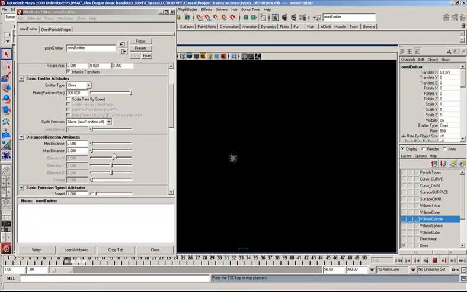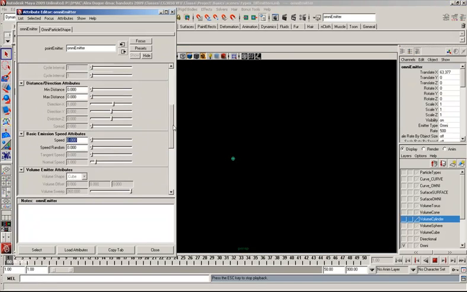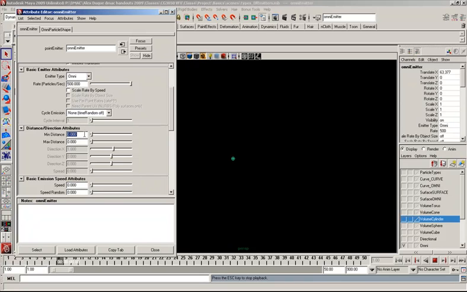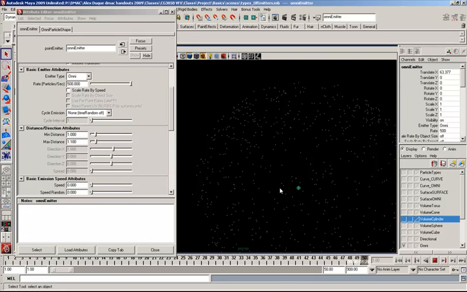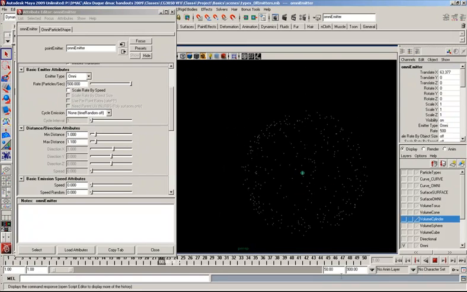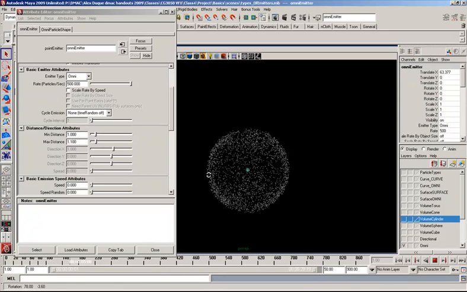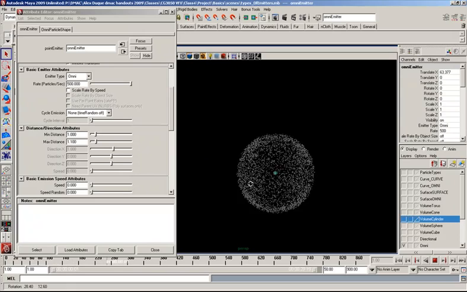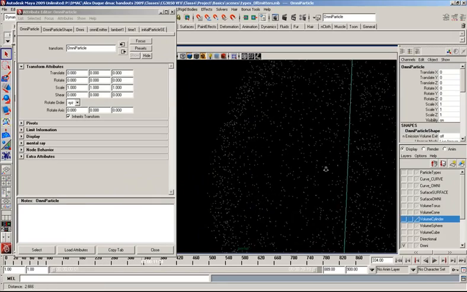But with this guy, if you change the speed back to 0, and you change the minimum distance to, let's say, 1, and the maximum distance to 1.1, then it's emitting 500 particles within that range. So if I increase this range a little bit more, it's making sort of like a little sphere of particles. And all of them are not